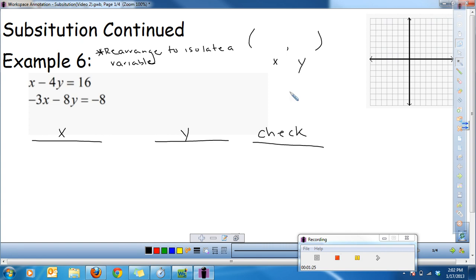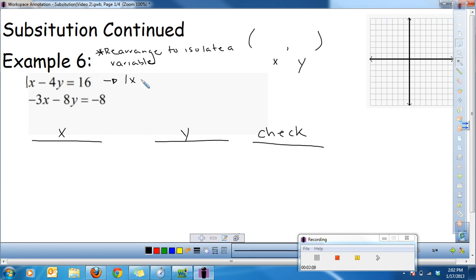Now, you don't need to write this down right now. I just want you to watch, and I want you to see why we should pick the variable that we pick. So I'm looking at these two examples, and I'm first just going to rearrange this one. It is easier to rearrange an equation for a variable that has a coefficient of 1 than one that has a coefficient that is greater than 1. And we're looking for a positive one. So I'm looking here, and this x has a positive 1 as a coefficient. This y has a negative 4 as a coefficient. This has a negative 3 as a coefficient. This has a negative 8. This is going to be the easiest, and I'm going to show you why. Let's rearrange this equation right now.